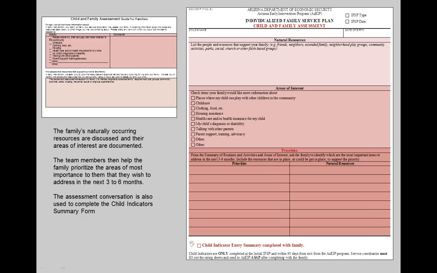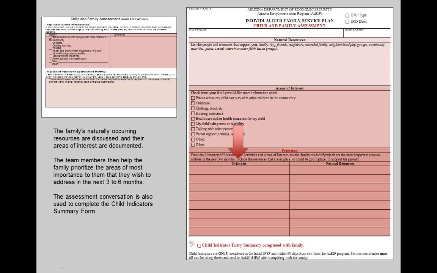For the initial IFSP process, and when the assessment is completed at a separate visit prior to the annual IFSP, the IFSP meeting begins by the service coordinator and other team members reviewing the information documented on these pages, paying particular attention to the priorities identified by the family.